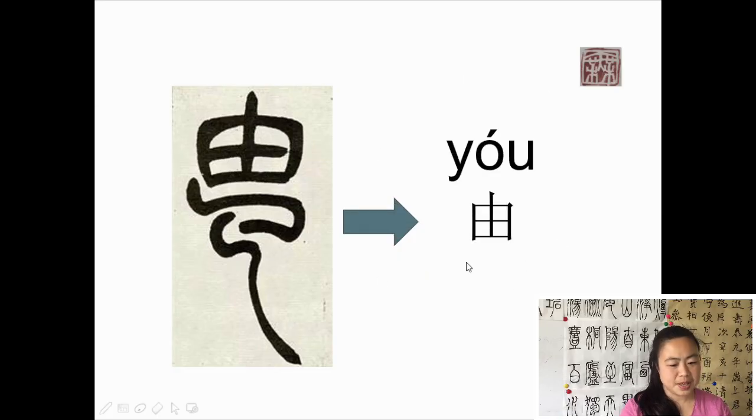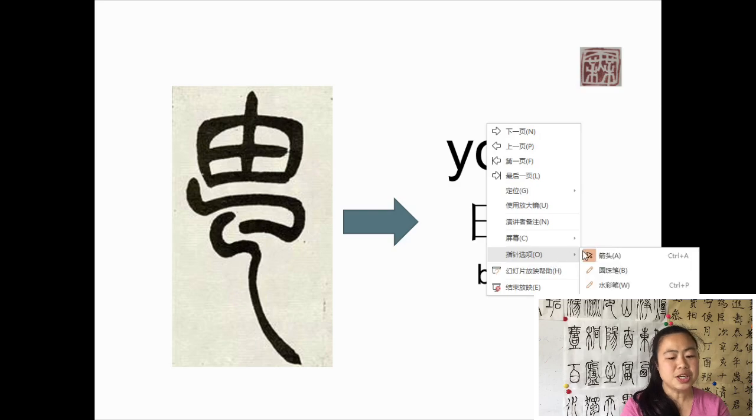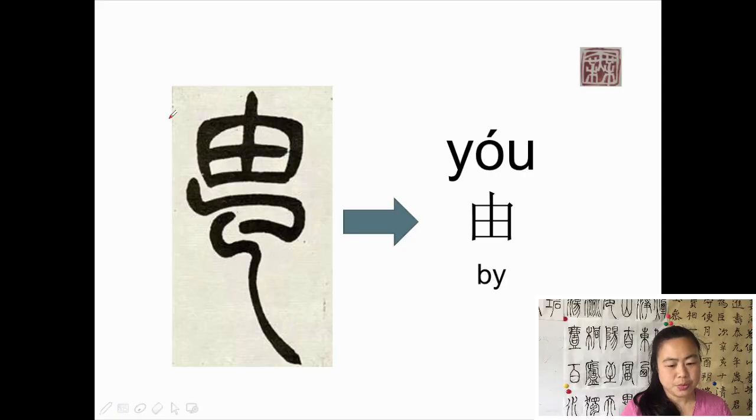Now the second character is like this. And in simplified character, it's like this. And it is pronounced as yo. Yo means by. That's the most popular meaning we use yo for, meaning by. But originally, in the old times, you can see the yo is combined with